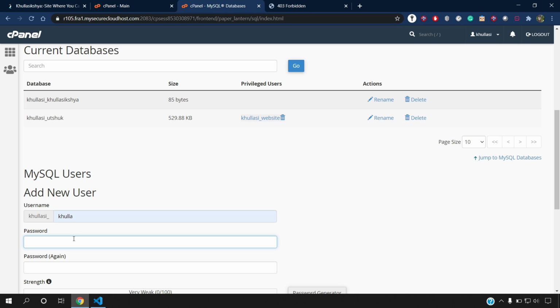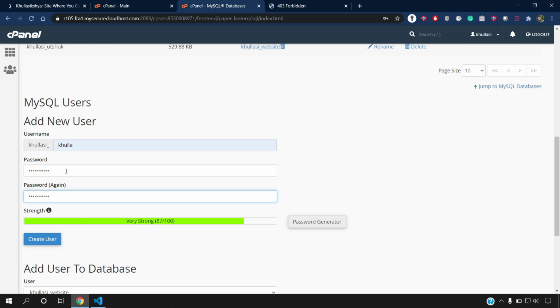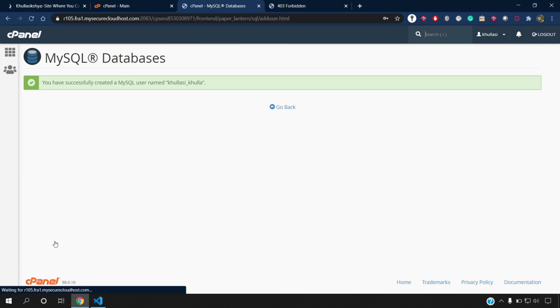I'll give one password here. You need to give this same password in settings.py, and I'll show you how to configure that part as well. At first, let's create the user. We have successfully created the user.